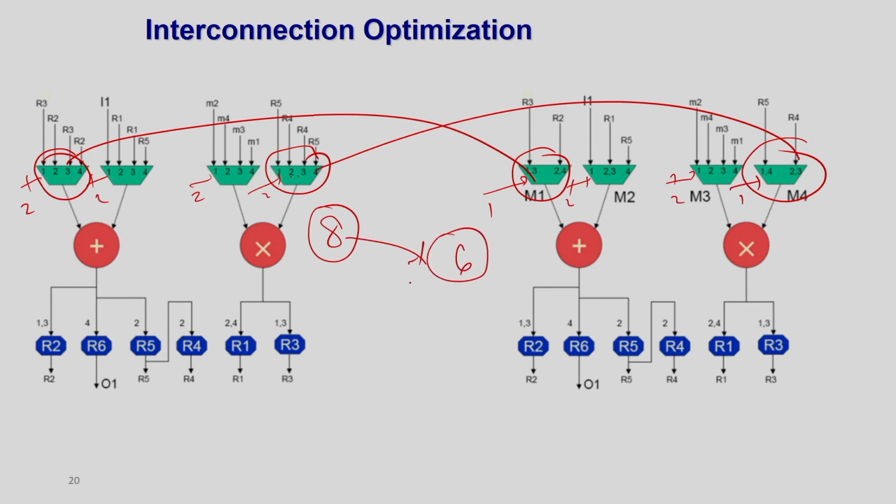So, I reduce the controller size as well as the mux size, because the mux size is also getting reduced. This is just a 2:1 multiplexer, here it is a 4:1 multiplexer. So, both the size of the controller and the size of the data path will reduce. This is how you can do the interconnection optimization in the mux based architecture as well.